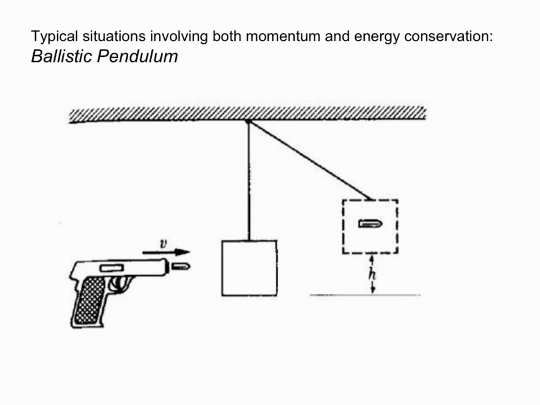This is a classic situation here, something called a ballistic pendulum, where both momentum and energy are going to be conserved. There's a situation where some sort of object, maybe a bullet from a gun, is shot or launched and caught by a second object. And so right away, the fact that there's a bullet and there's a block and they are interacting with each other tells us that we would begin this problem, or at least use momentum, to look at this part of